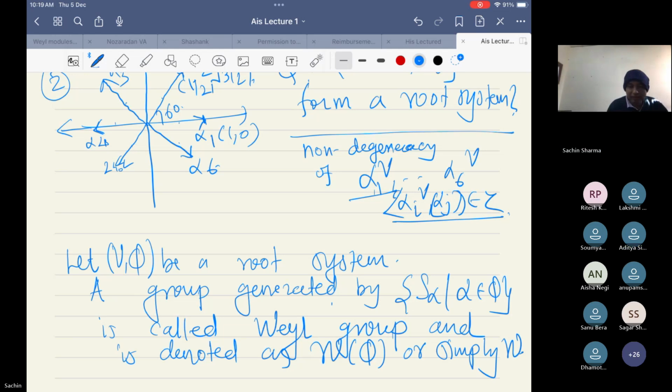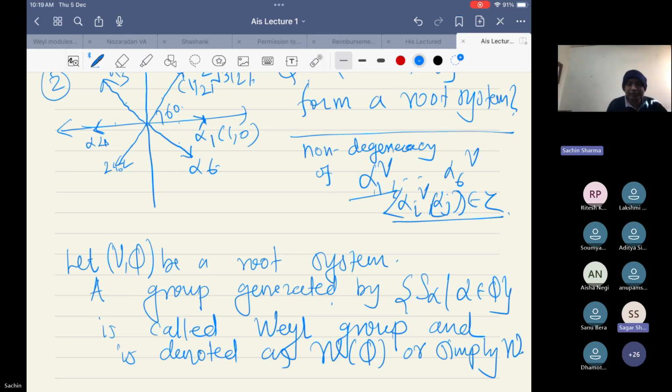Finite. It's finite because the Phi we are taking is finite. Generators having finite order, yes, but if you know any finite group which is contained inside any group which is contained inside,